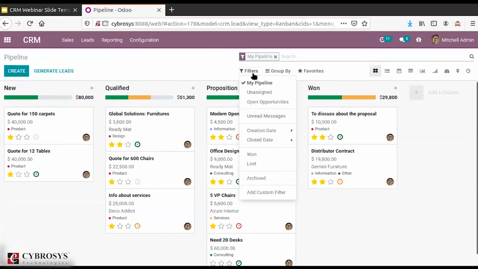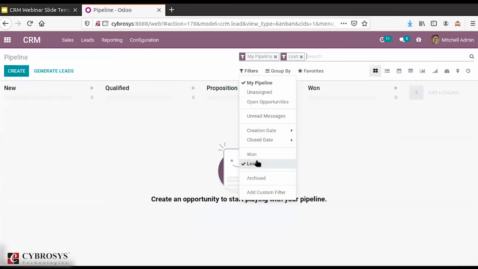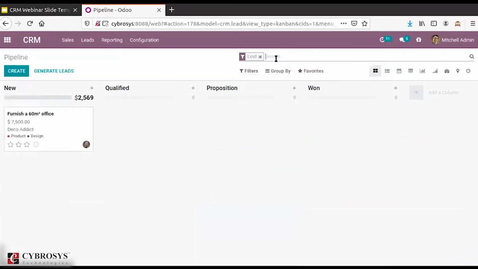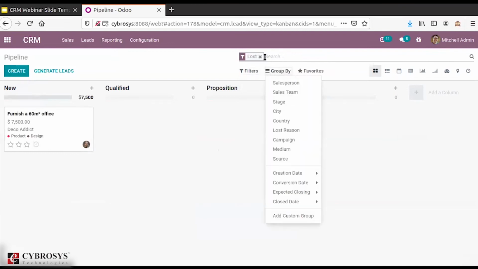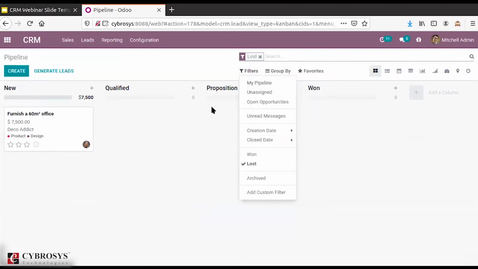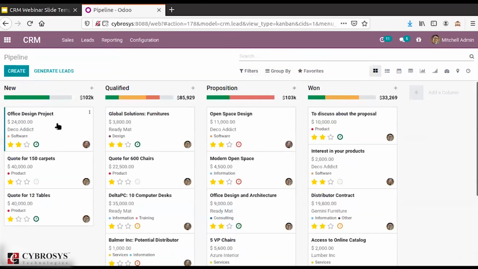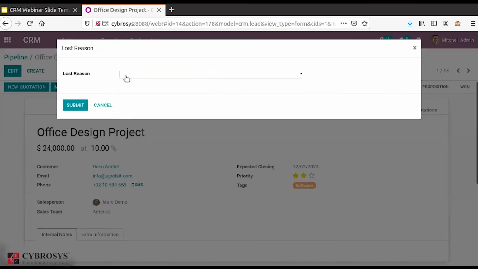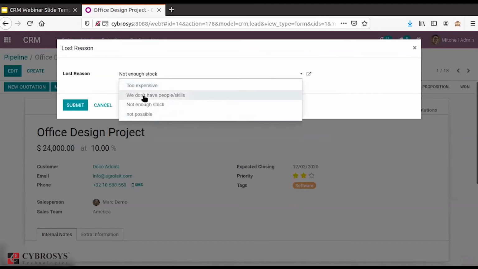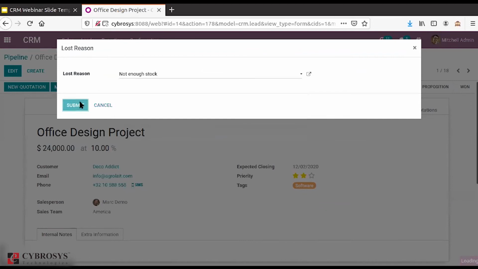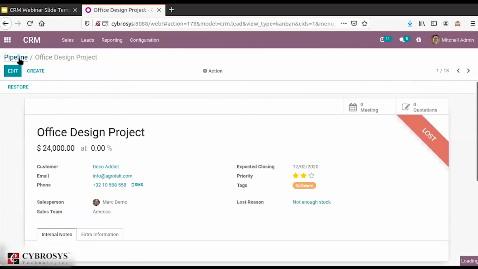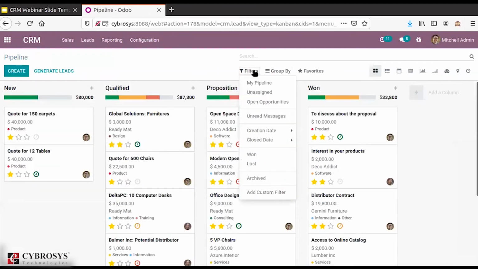And in the filter, I have the option to see the lost opportunities. Here you can see that under the lost reason, the one which I have created has also come over here. So suppose I am providing this as a lost reason, and now I am filtering.